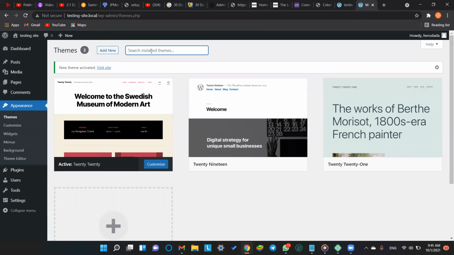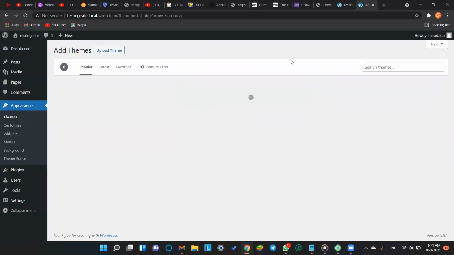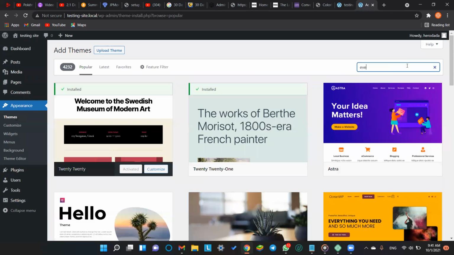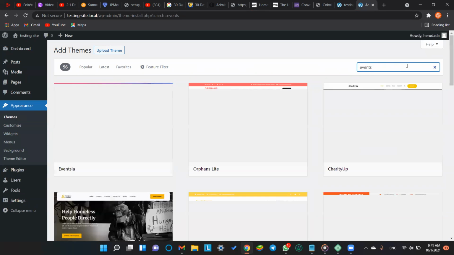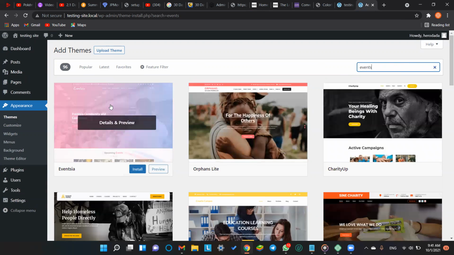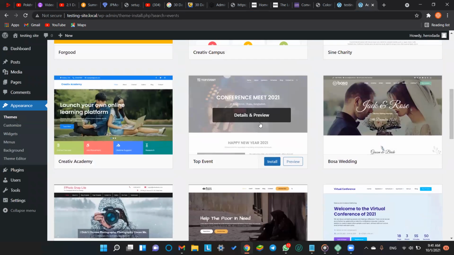Now I actually want an events page, so I will check a new theme which is about events, like virtual events or something. Okay, this looks cool. I wanted something with a dark theme, so the theme named Top Event is perfect, I guess.